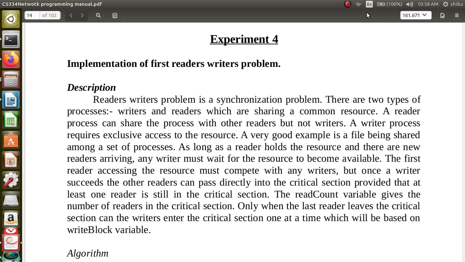So in the implementation of the readers-writers problem, a number of readers are there, a number of writers are there, and for a shared variable, if some process or some thread is reading,